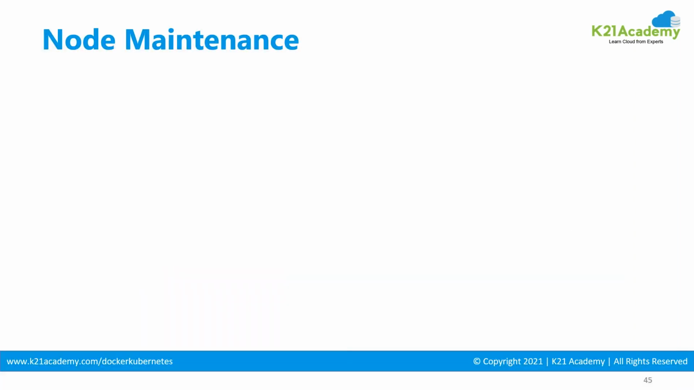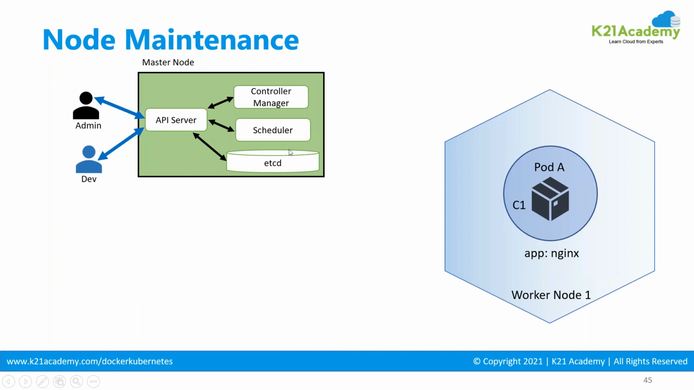Consider one scenario, guys. Let's say this is your master node and this is your worker node, and you have a pod running on the worker node, and you want to carry out a maintenance activity on worker node 1. But right now the application is running on this worker node inside the pod. If you want to carry out the activity, first of all, we need to isolate this worker node,